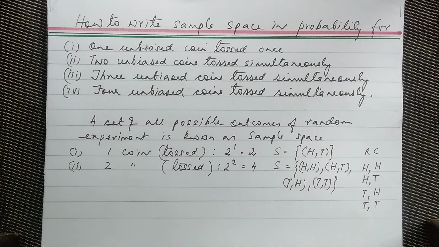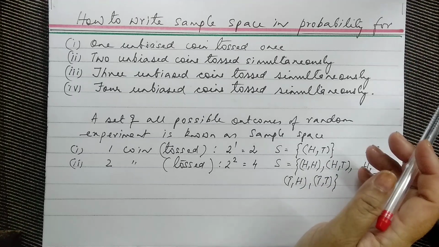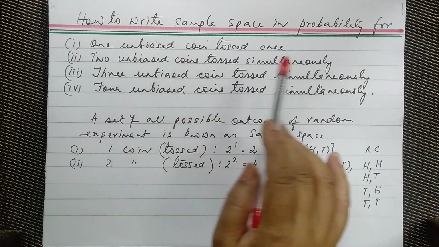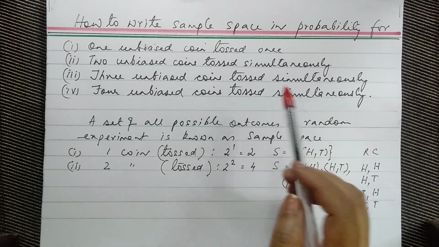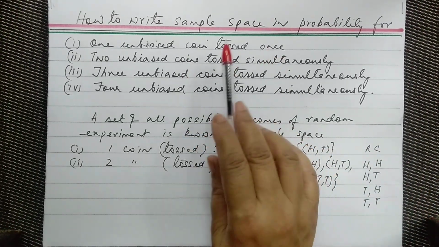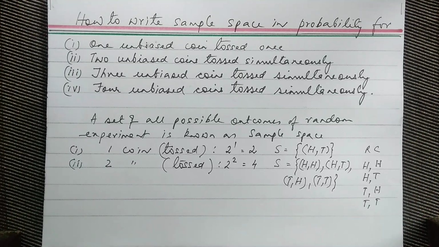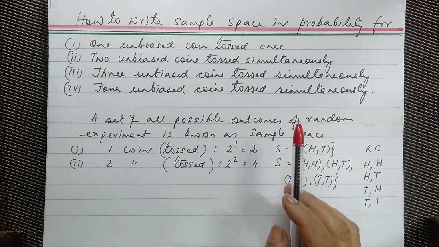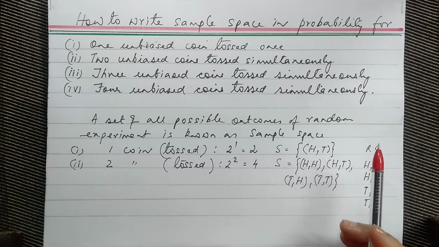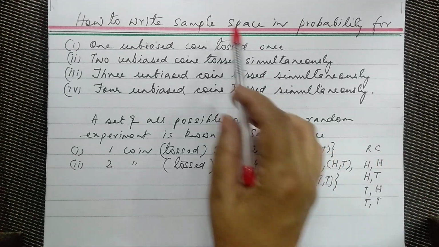Hi guys, so today we are going to do how to write sample space in probability. This particular task is quite overwhelming because most of us are unable to frame the sample space in probability and thus all their questions go wrong. It turns out bizarre because we do not know how to mentally apply ourselves to frame the sample space. But today I'm going to give you a trick